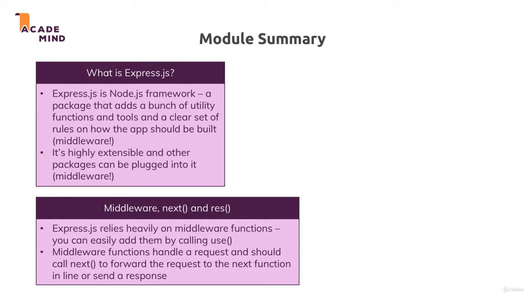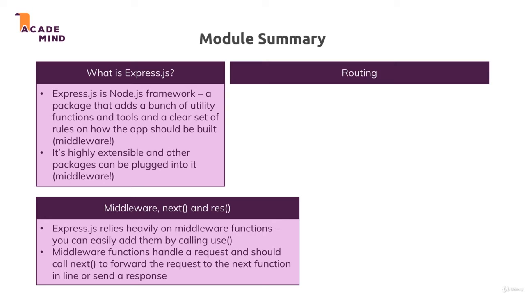Middleware functions are these functions that took the request object, a response object that helped you with sending a response, and that next argument, which turns out to be a function you should call to forward a request to the next middleware in line. And in line means from top to bottom in your root file. This is a crucial point you have to understand, that you should always call next unless you're sending a response, in which case you should never call next, and that you can therefore cleverly structure your middleware to transform a request, read something from it, and send different responses depending on the route you're accessing,